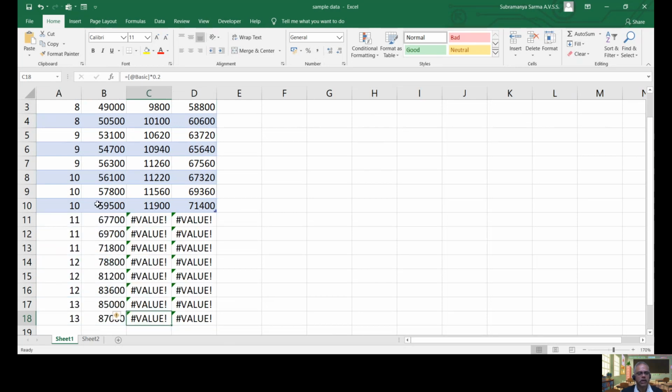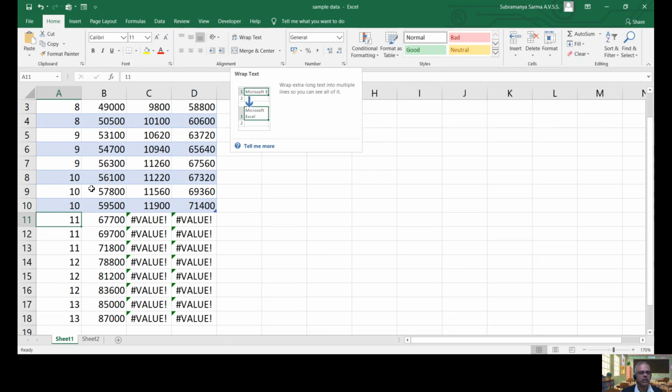Then what happened? Your table is only up to row 10. If you see, the stripes are there only up to row 10, but not from row 11 onwards. Why? Because we have shrunk the table. To confirm that, I said if it is a table, a design menu will automatically be added. Suppose my cursor is in row 10, the design menu is appearing. If I keep the cursor on 11, the design menu disappears. That means from row 11 to row 18, this is not part of our table.